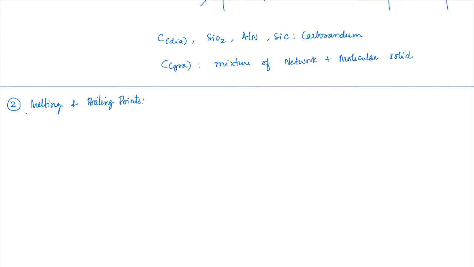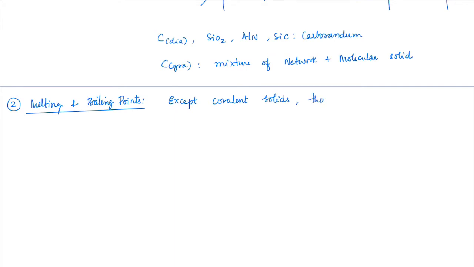Unlike ionic bonds, where they are completely going to spread throughout the molecule, here between the atoms it is a covalent bond, but between the molecules it is van der Waals interaction. Hence, the melting point and boiling point are not as strong as that of ionic bonds. Okay, except covalent solids.